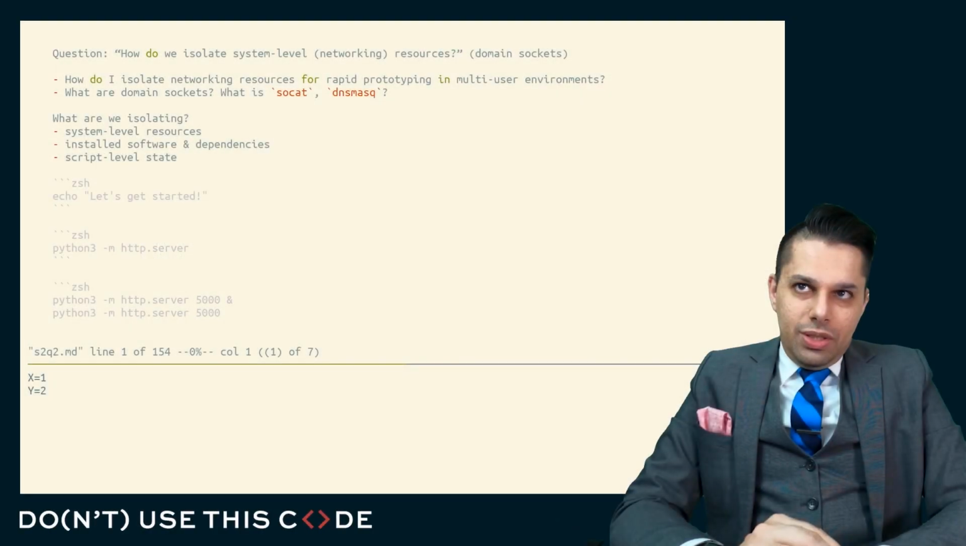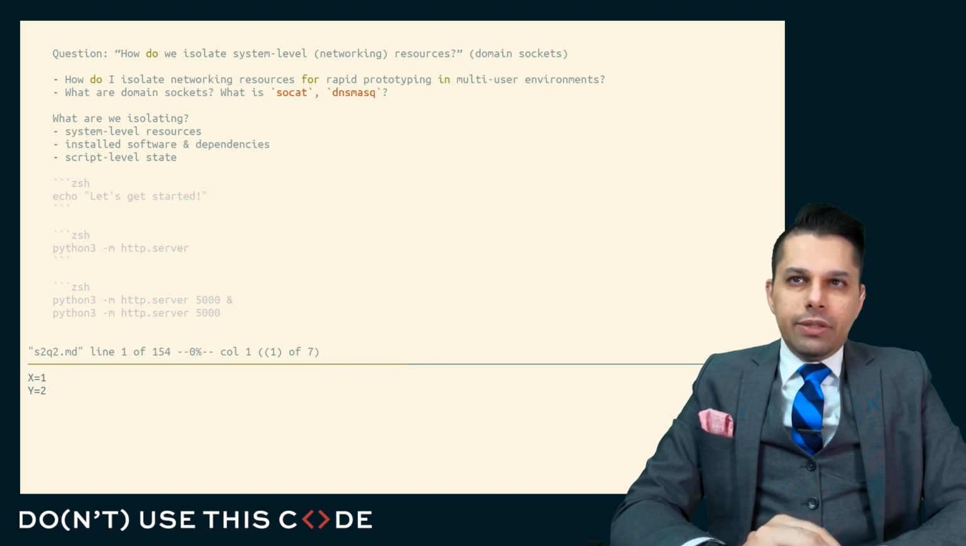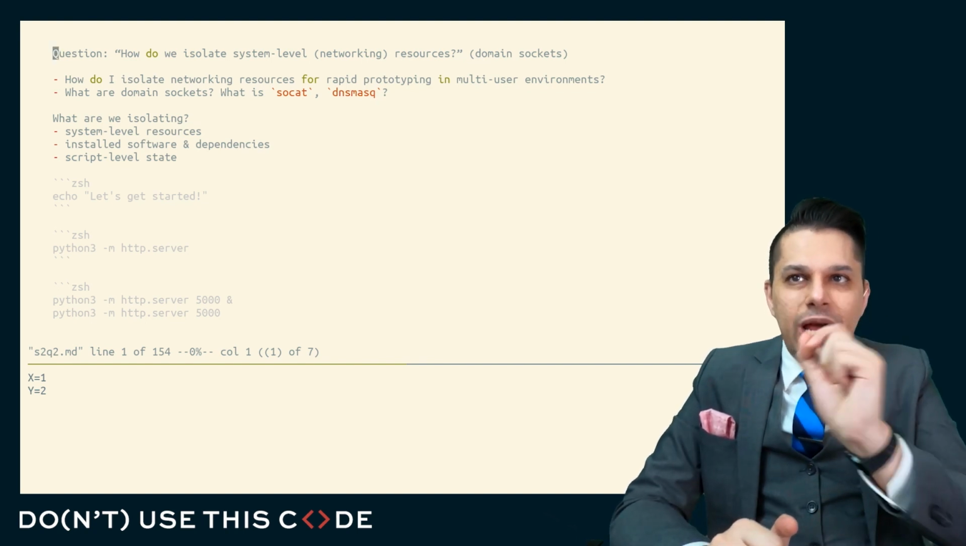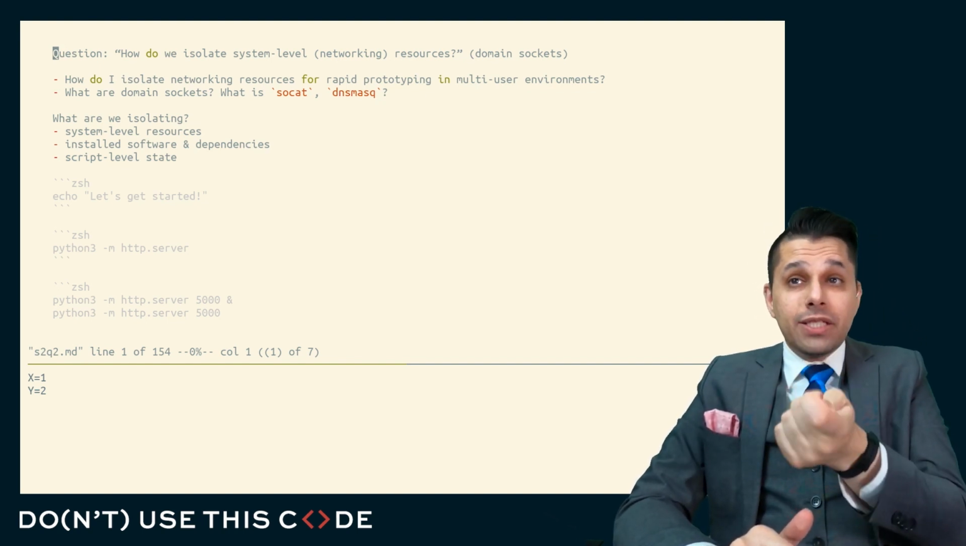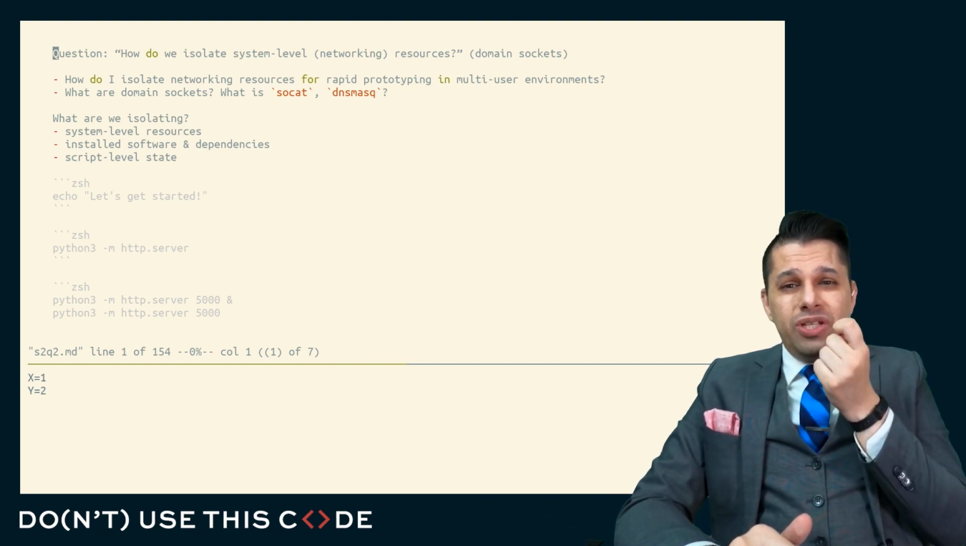In this question, we're going to talk about how we can isolate something that's a little tricky to isolate. This question is titled, how do we isolate system-level resources, specifically networking resources? And we're going to talk about things like SOCAT and DNS mask. We're going to talk about domain sockets, and we're going to talk about what happens when you need to rapidly